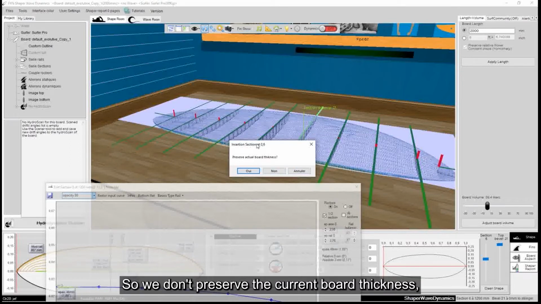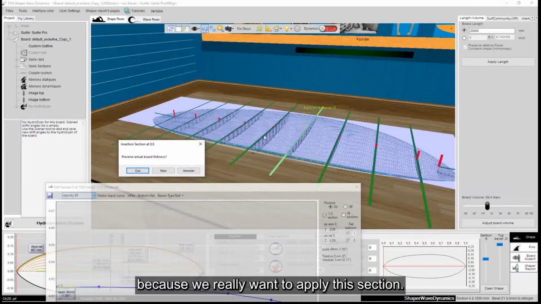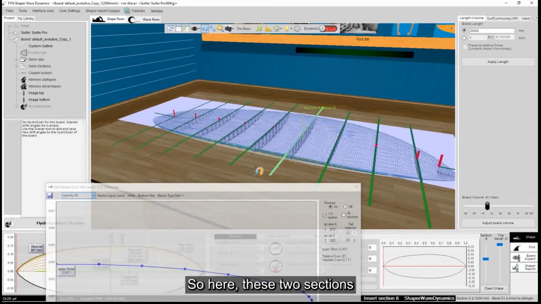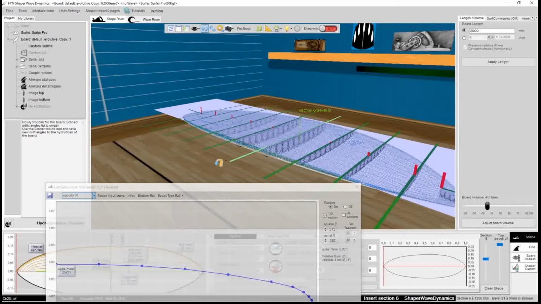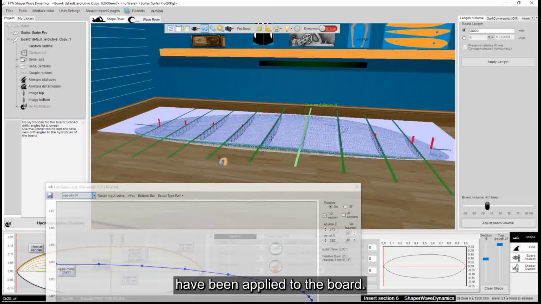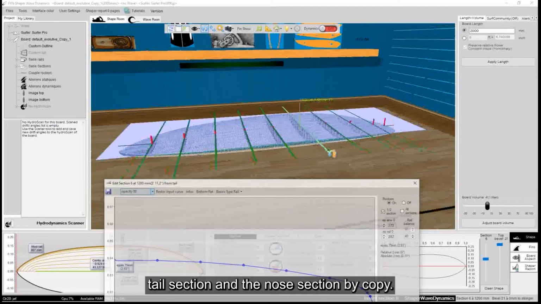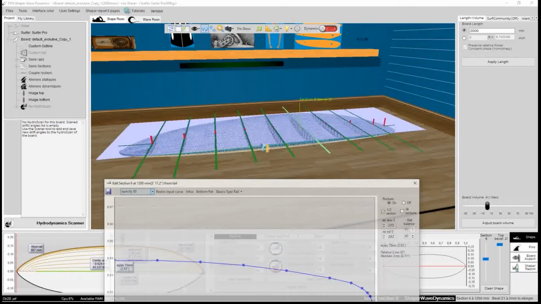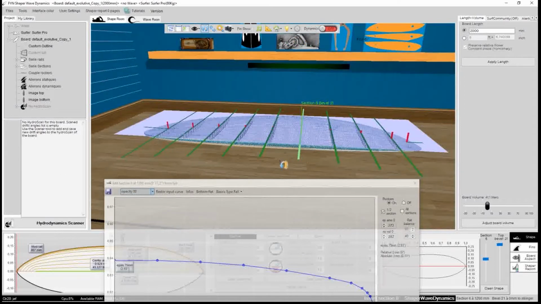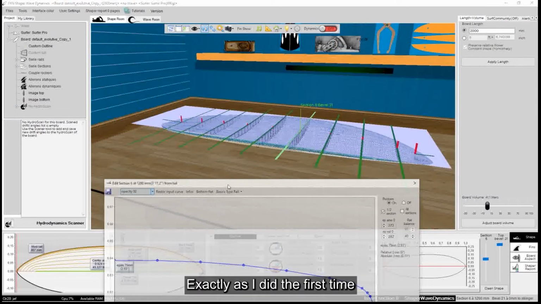We don't preserve the current board thickness, because we really want to apply this section, so by clicking on No, these two sections have been applied to the board. Now I will duplicate the tail section and the nose section by copy, exactly as I did the first time.